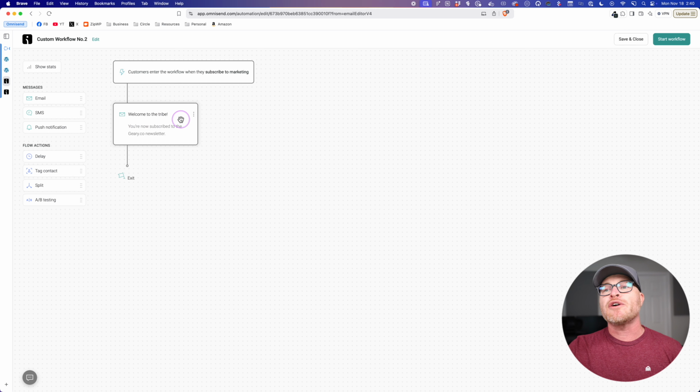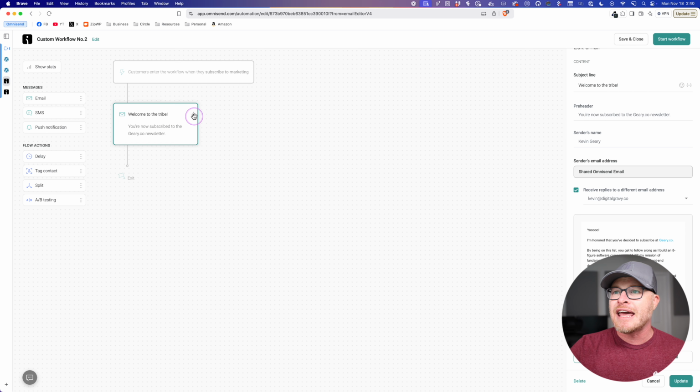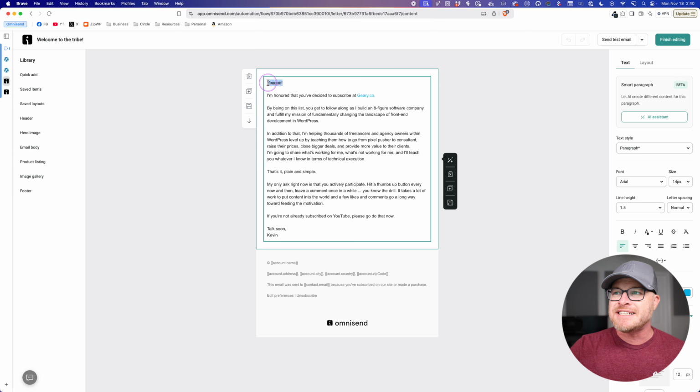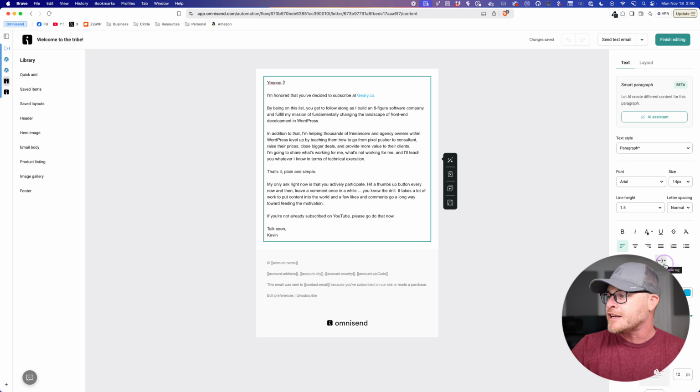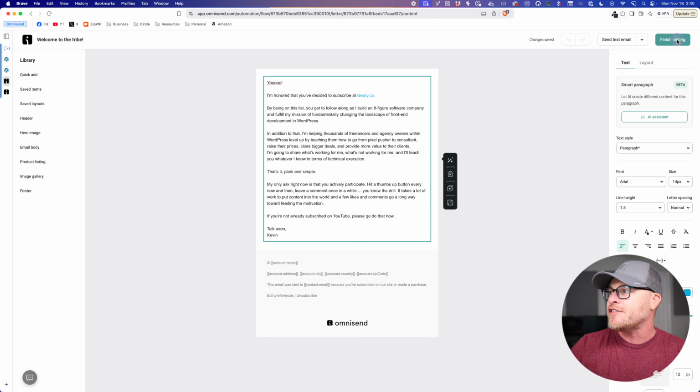And for those of you who are wondering, can you put dynamic data into the emails? What does that look like? Yeah, you actually can. So let's go ahead and edit this email. Let's edit content. I'll show you, if I wanted to say hi or yo, comma, and the person's name, I can come right over here to insert personalization tag and say contact first name. And now that is going to insert that in. So yes, dynamic data is very, very easy.